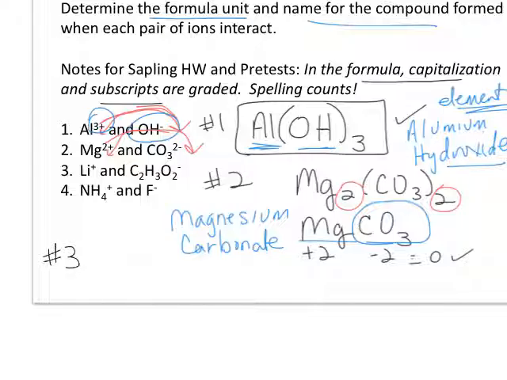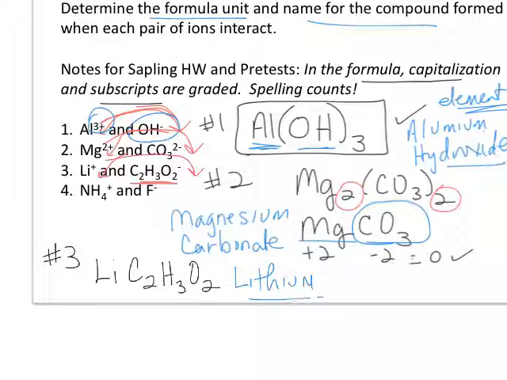So we have lithium. We have 1 lithium, and we have 1. You should have this one memorized. This is a polyatomic anion that you're required to memorize with a -1, and that's called acetate. So 1 and 1, so we're just going to write lithium. Since we only need 1 polyatomic anion, we are not going to need parentheses, so we just copy this down, C2H3O2, and that is lithium, because you just look at the periodic table and you write down the word lithium for your cation, always,